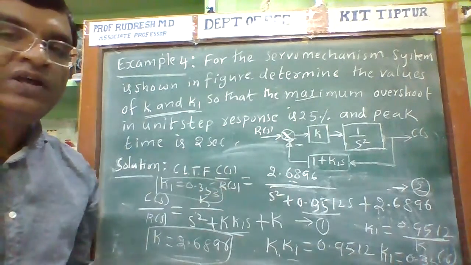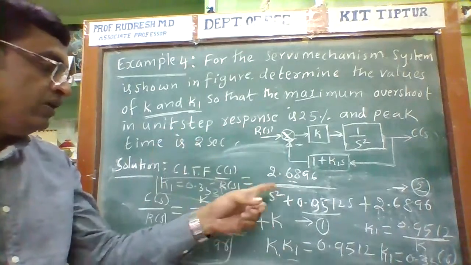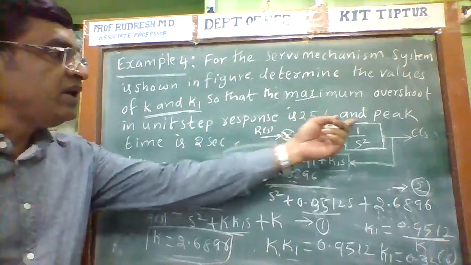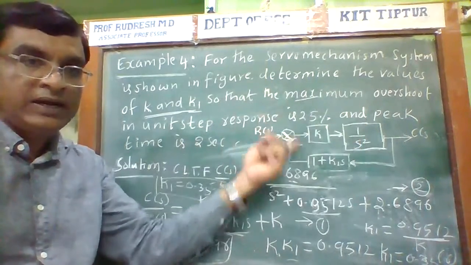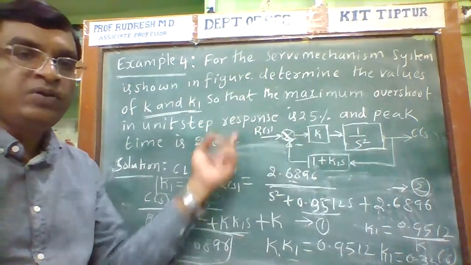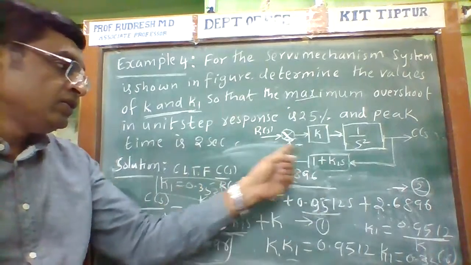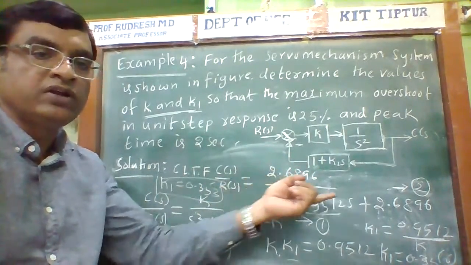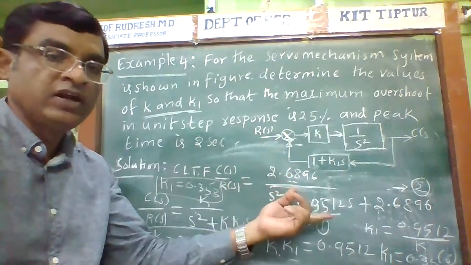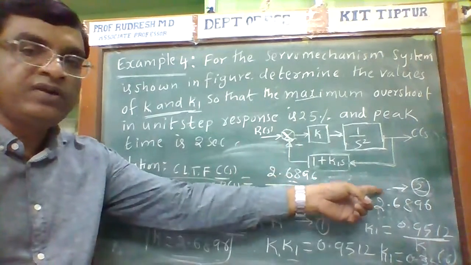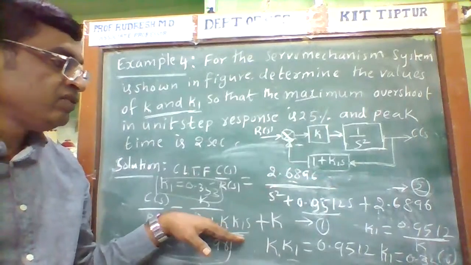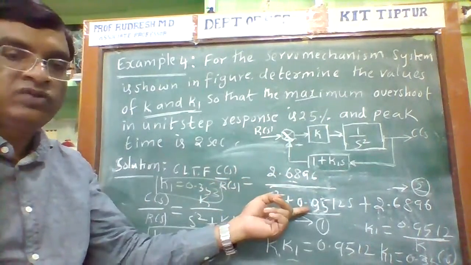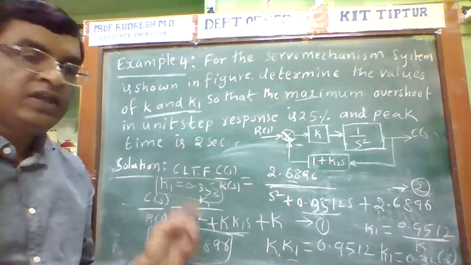Likewise, from the given G of s and H of s, derive this equation. By utilizing the Mp value, maximum peak overshoot, calculate the zeta value. From the Tp value, calculate the omega value. Then substitute those values in the standard form of closed loop transfer function of the second order system, and you will get this equation. Compare this equation with the other to get the K value, then compare the denominator coefficient 2 zeta omega n, and you will get the K1 value.